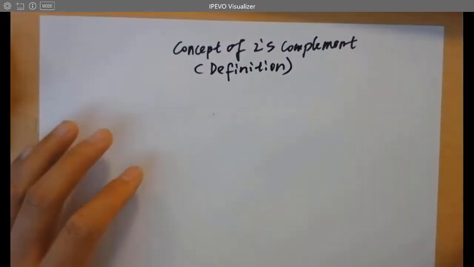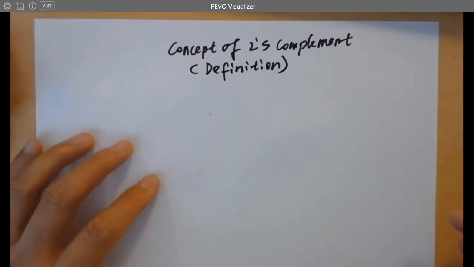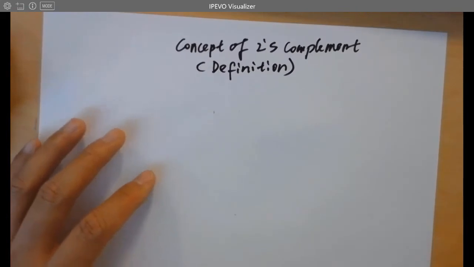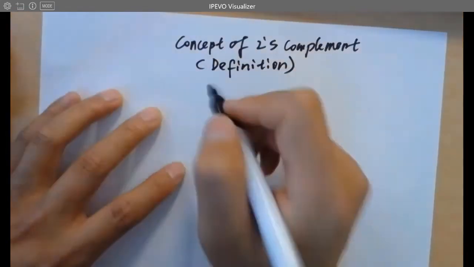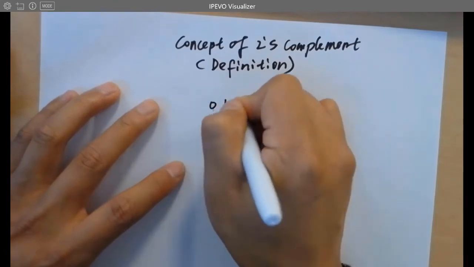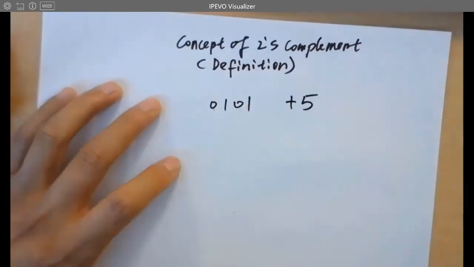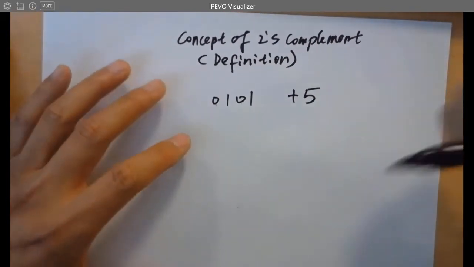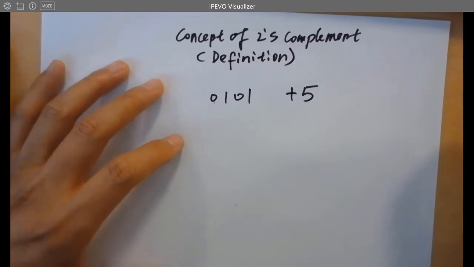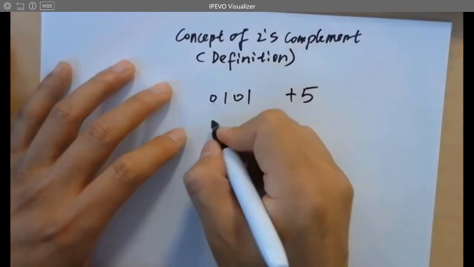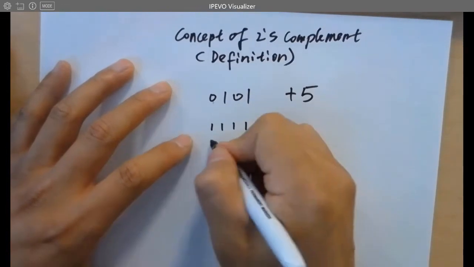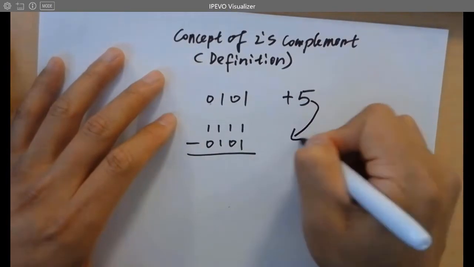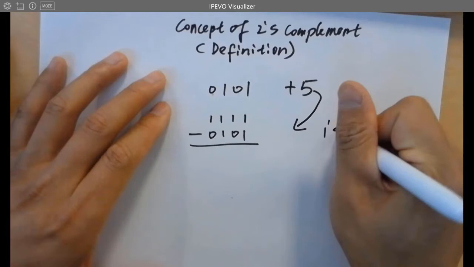So this is how you get the definition of 2's complement, but in real life, I never use that for calculation. But you need to know where it comes from. For example, we have 0101. We know this is plus 5. It's also plus 5 in 2's complement, no problem. So what's minus 5 in 2's complement? We actually use 1111 minus 0101. That's the first step, right? That's the first step to get the 1's complement first,